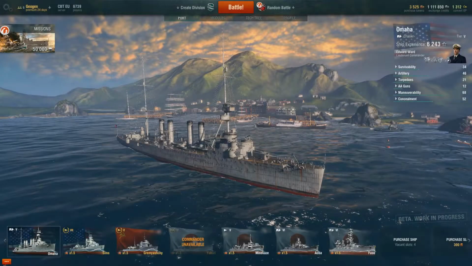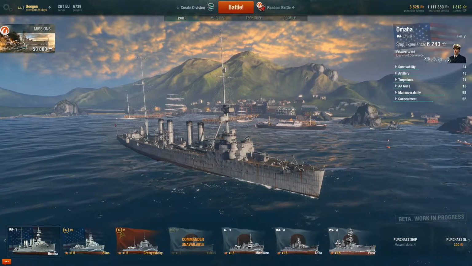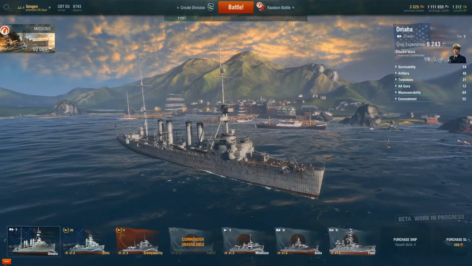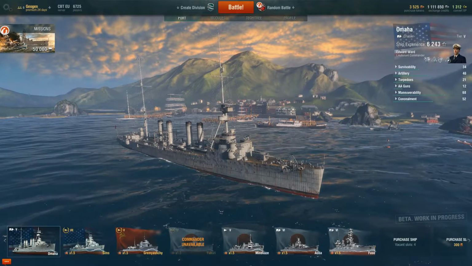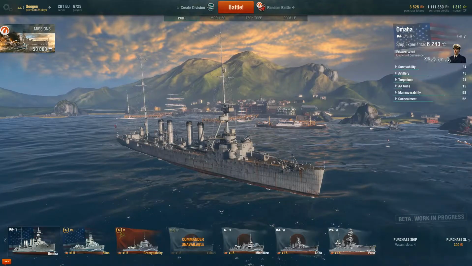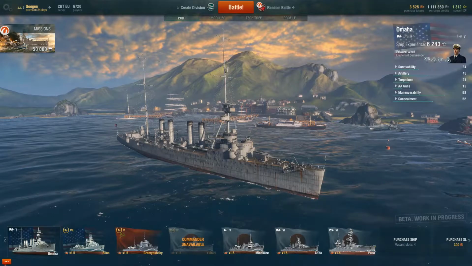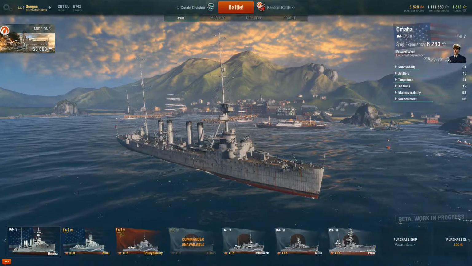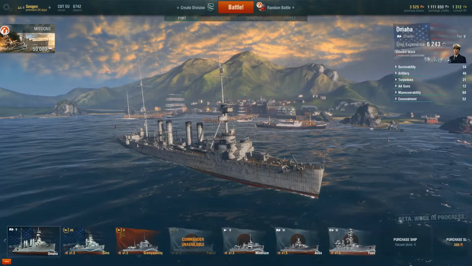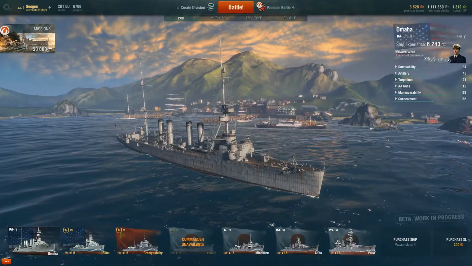Today we'll be looking at the Tier 5 American cruiser, the Omaha, which directly follows on from the Tier 4 cruiser, the Phoenix. The Phoenix and the Omaha share great similarities because basically a Phoenix is a prototype version of the Omaha. The similarities they share are the size and shape of the vessel, the caliber of the guns they have, the types of torpedoes,